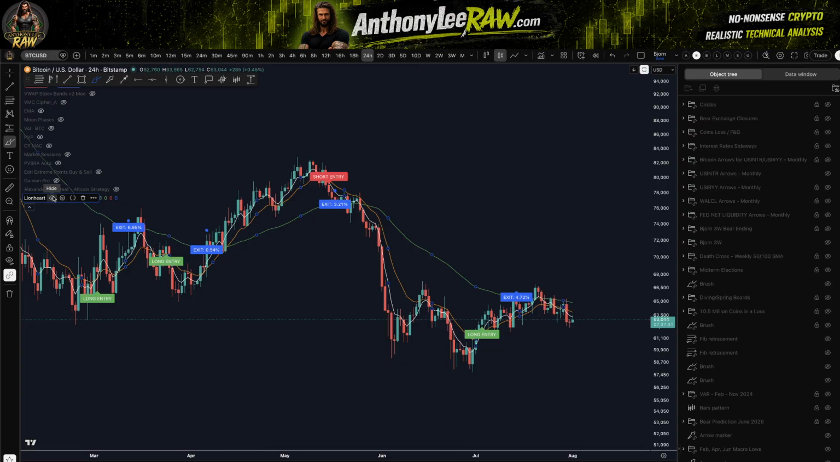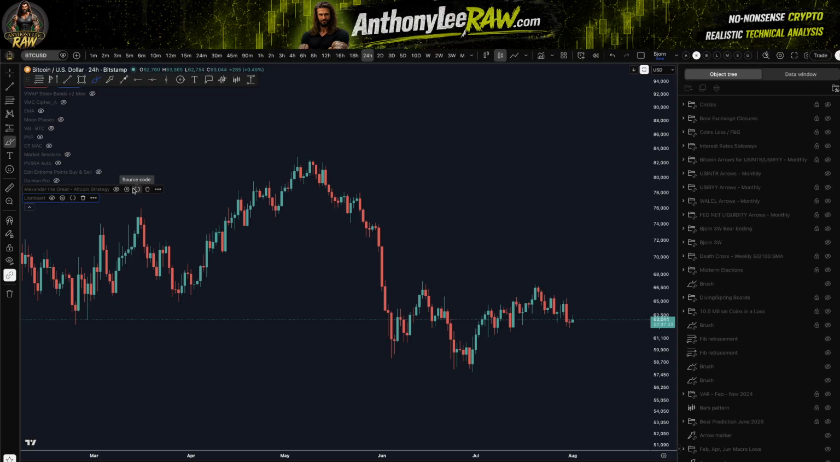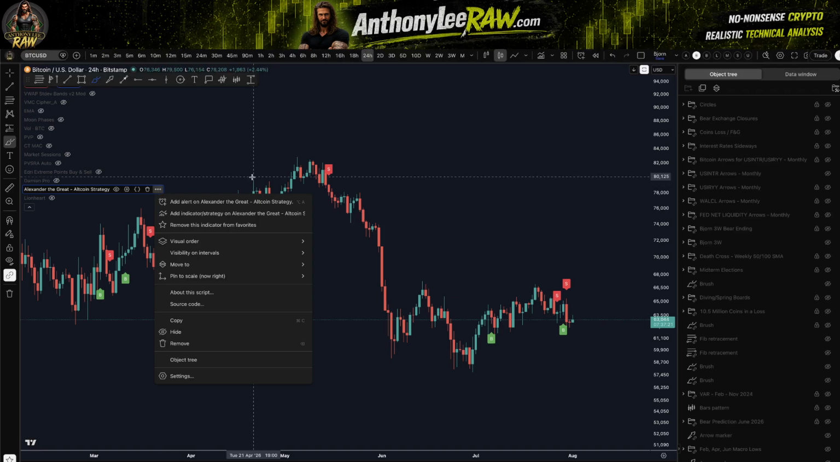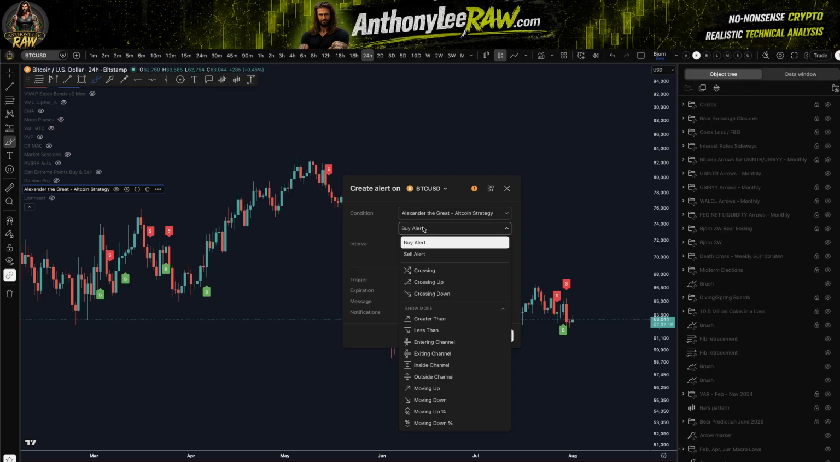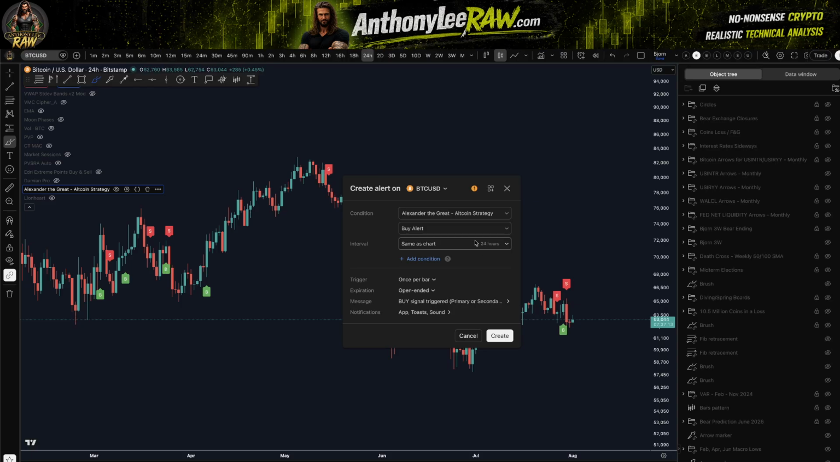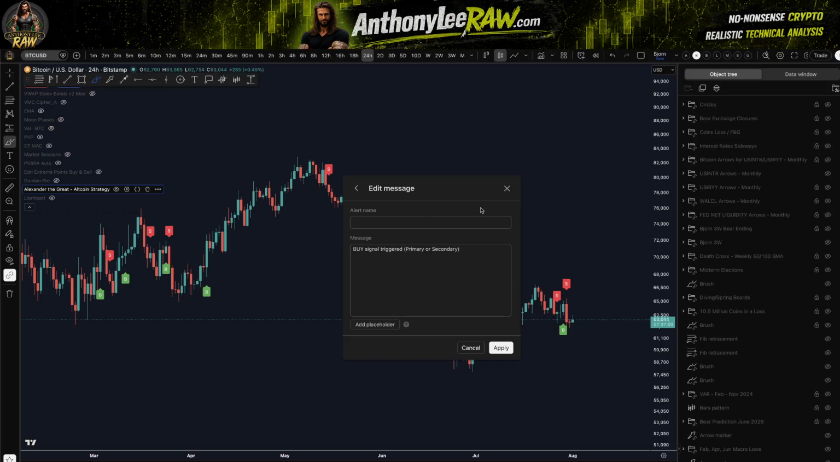I forgot to show you how to set alerts on Alexander. Let's go back to Alexander and Damian. So setting alert for Alexander, same thing. You're going to go to the 3 dots and add alert on Alexander. And then you have to create one for the buy alert and the sell alert. I put it on whatever time frame you want, as long as it's 24-hour and down. And I always do a custom message, and I'll do something like